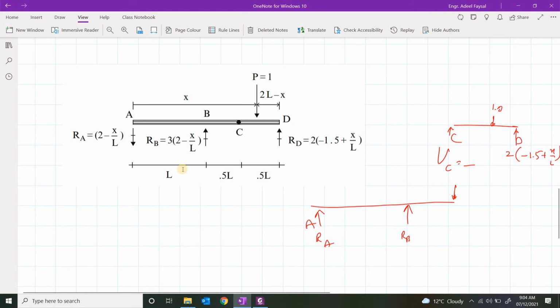All right, so in all cases, you should be able to find the expressions for RA, RB, and RD in terms of x. Once you have those expressions, you will be able to plot them. And these are straight lines. That means you only need to consider two extreme points. Let's see how those ILDs now look.